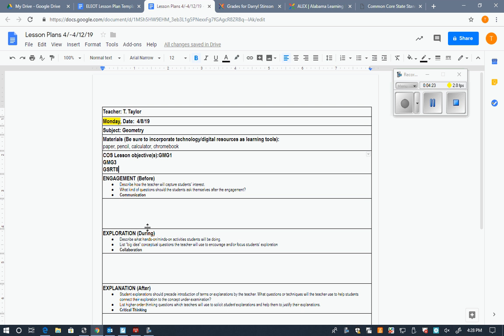So for the engagement, we always want our kids to come in and see what they're wanting to do. And they used to be very short and to the point on our old lesson plans. It was students will be able to, or we would abbreviate it SWBAT. And for this one, instead of saying that, we're going to elaborate, and we're going to say that students will be given, and we're going to be specific on here, pictures involving right triangles